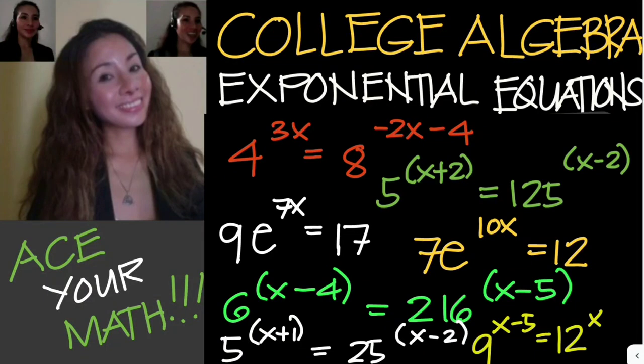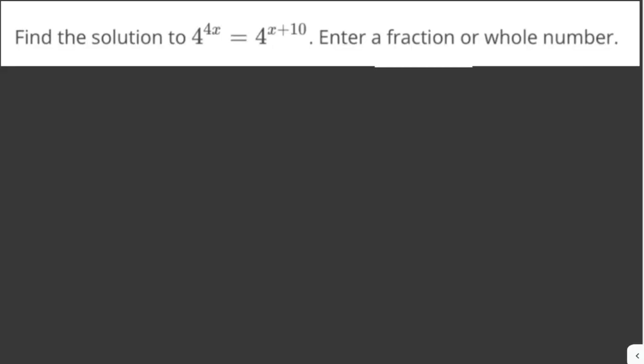In this video, you will learn how to solve different exponential equations as well as natural exponential equations. Okay, let's solve this problem here. Find the solution to 4 to the 4x equals 4 to the x plus 10. Enter a fraction or whole number. So our answer could either be a fraction or whole number, and we just need to solve for the value